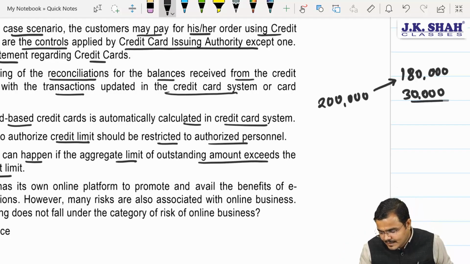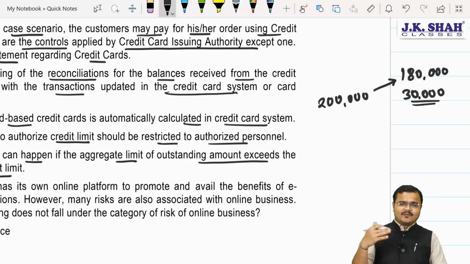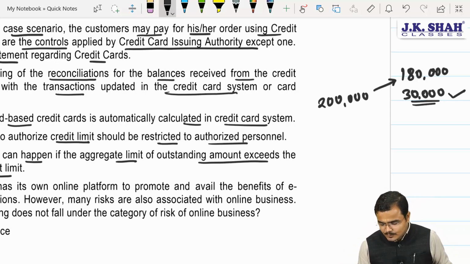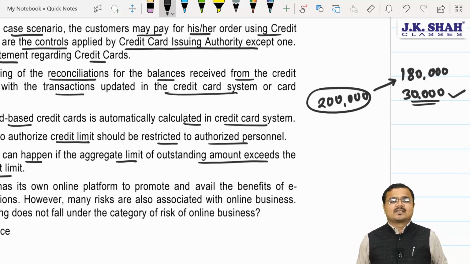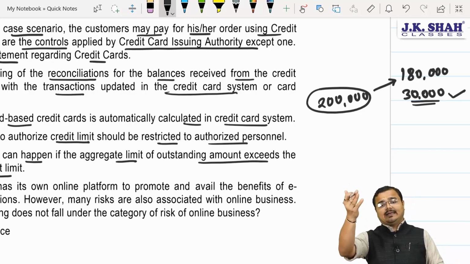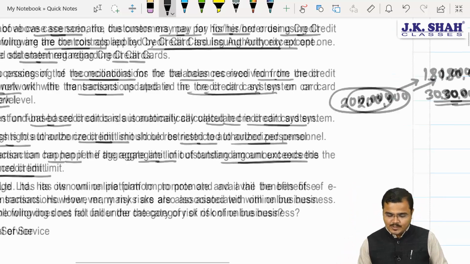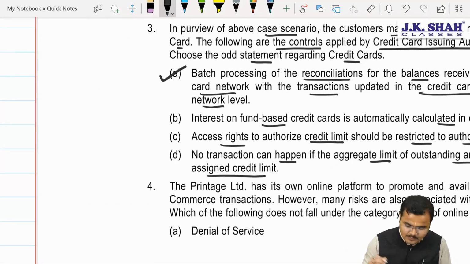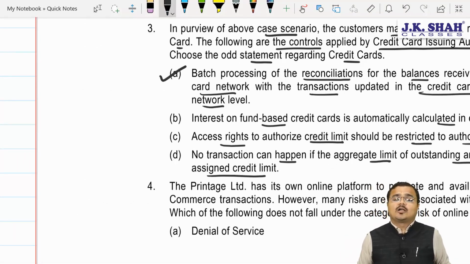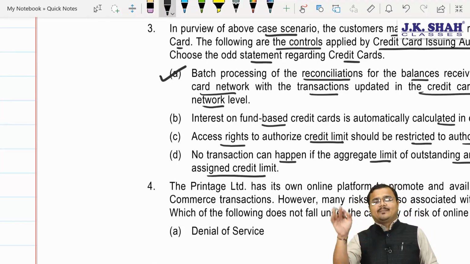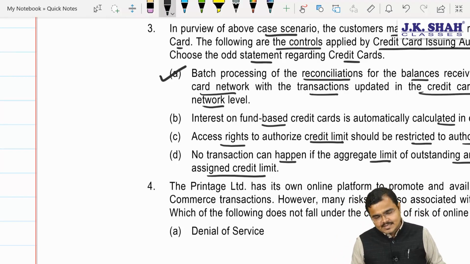And now, if I would like to go for a transaction of 30,000, tell me, will it be approved or declined? Sir, definitely it will be declined, because if this is approved, then your aggregate limit which is assigned to you of 2 lakhs will automatically get exceeded and it will become 2,10,000. Agree? So exceeding the credit limit, transactions can't be processed. So we are very clear. A is the odd man out over here. Why? Because sir, it is not batch processing, it's real-time processing. Understood? Yes sir. Immediately transactions get verified and set into the system immediately. Understood? Not in a batch.